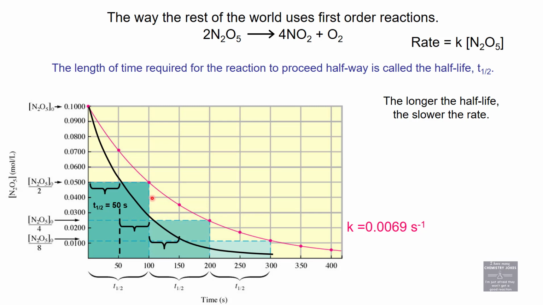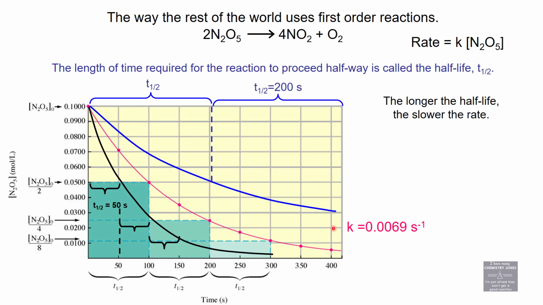So if I compare the black and the pink to this new blue trace, this started at 0.1. How long does it take to get to 0.05? It takes 200 seconds to get to 0.05 and another 200 to get to 0.025. Actually, it doesn't even quite reach down there, but it should. That's just bad drawing on my part. I apologize. So it takes 200 seconds for the blue line, 50 seconds for the black line, and 100 seconds for the pink line to